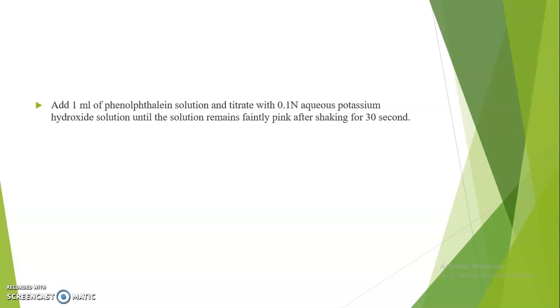Now what happens? The reaction between our weak acid and the strong base will take place. As we have used the base or alkali in excess amount, after reacting with the acid, some amount of the base will remain as it is in our conical flask, and this remaining amount of base is further titrated with the strong acid. So such types of titrations are known as back titration.